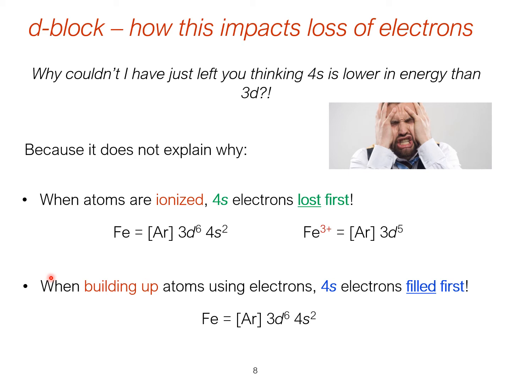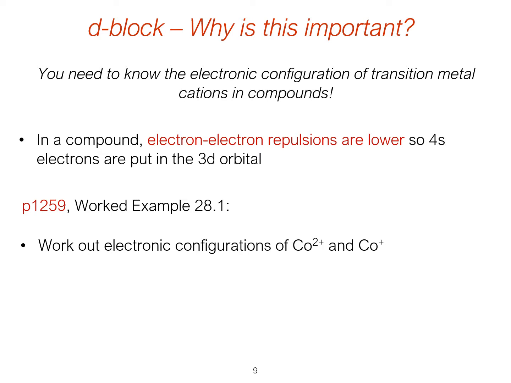But in actual fact, it's first in, first out. So we build up, putting the electrons in the 4s first. Then when we're making cations and ionizing them, we actually take them from the 4s first also. But why is this even important? Like, why do we actually need to know that they come out of the 4s orbital first rather than the